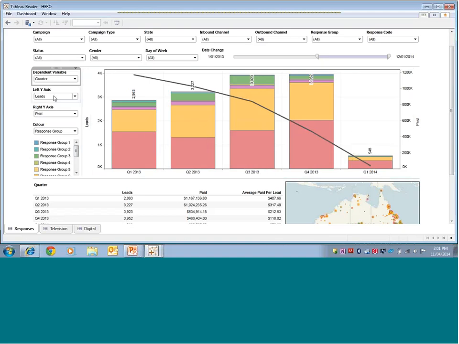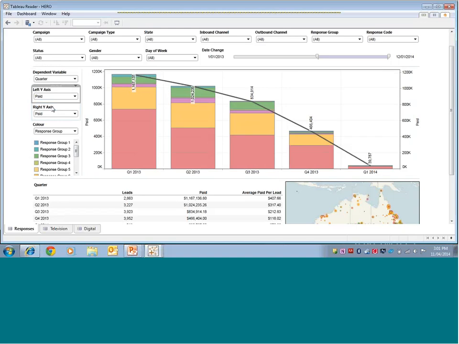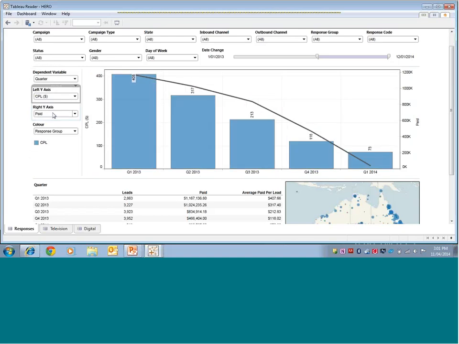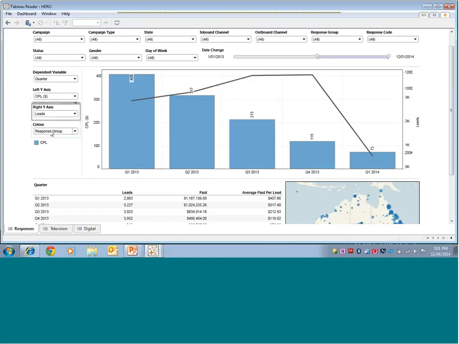I can change the y-axis and control whether I want to display leads or what we call paid responses, or CPL, being the cost per lead. And finally, I can choose how I'd like to color or group the information.